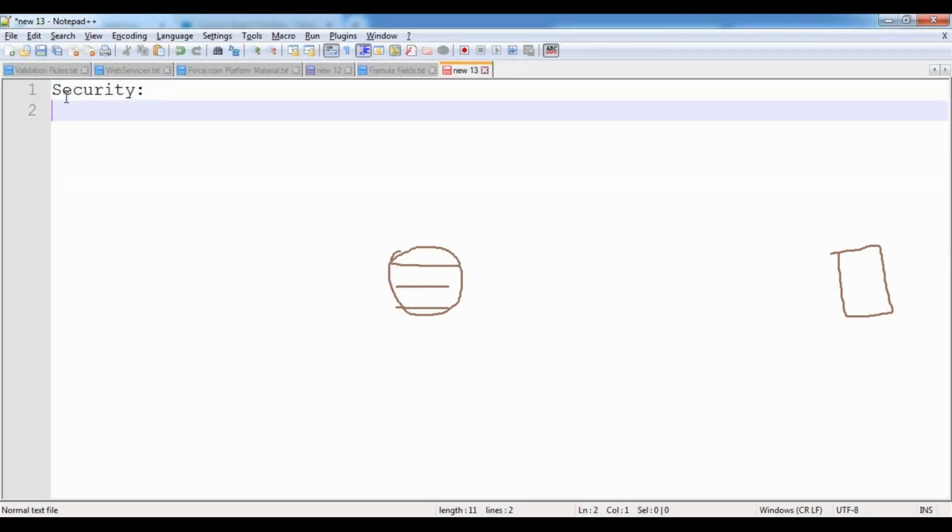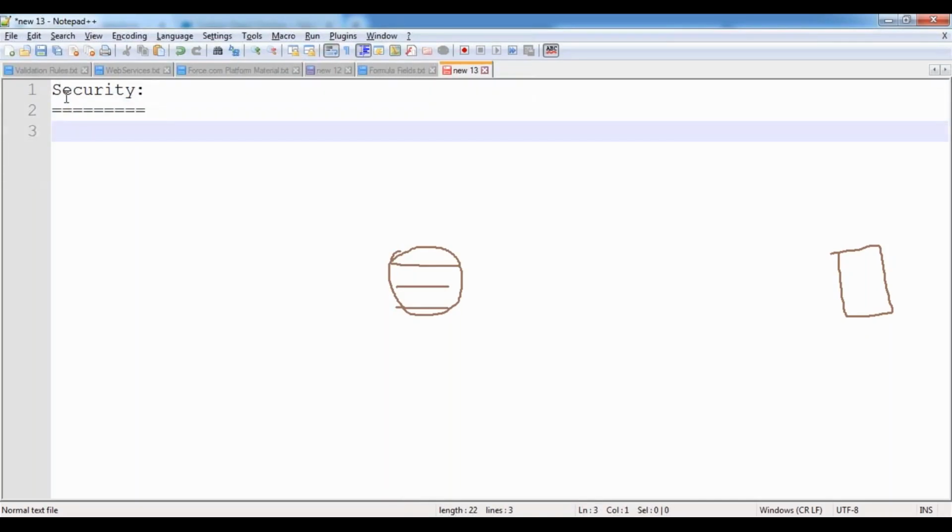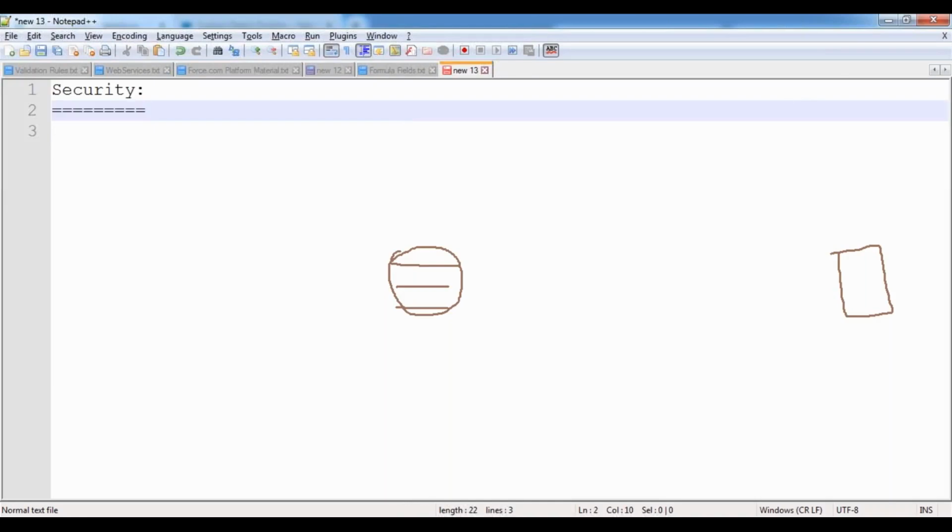You said you would give some exercises, right, sir? Yes, for validation rules, I'll give the exercise also. I have prepared a document on validation rules, and I'm adding the formula fields documentation also so they can practice on this. Is it today you're giving it? Tomorrow morning I will upload the document to you. Okay, thank you, Firoz.